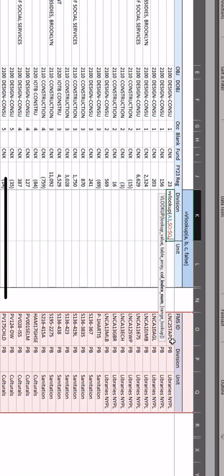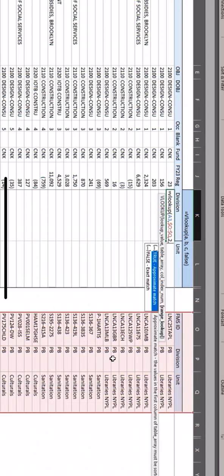So you're asking the formula to go down this list, and when you encounter this FMS ID, return to me whatever is in column P, which is the second column in this array. Because it's the second column in the array, you're going to hit 2,